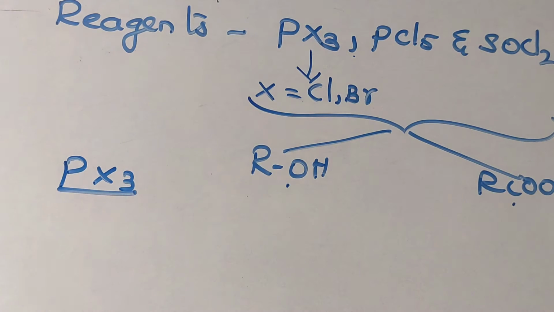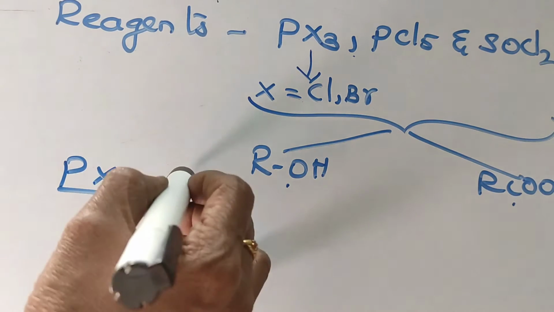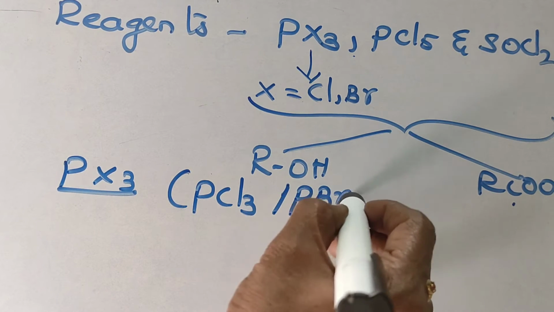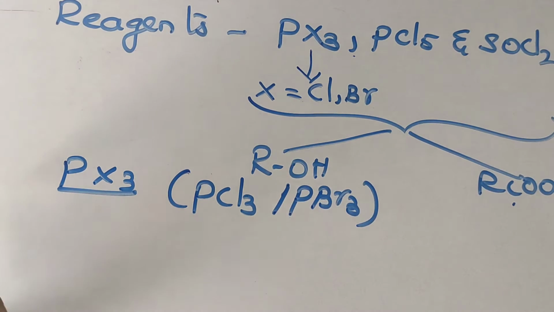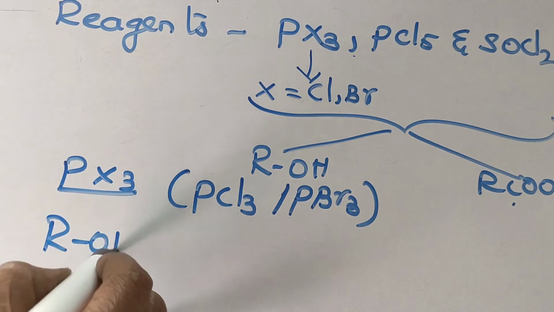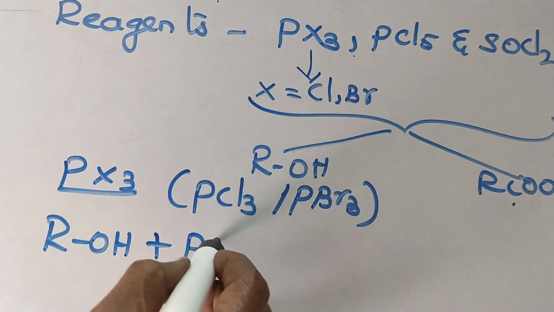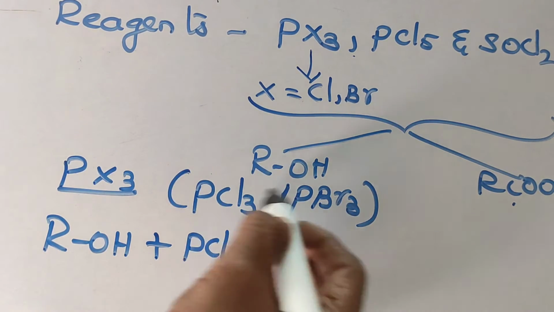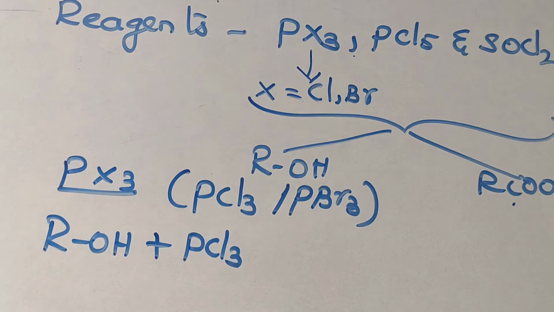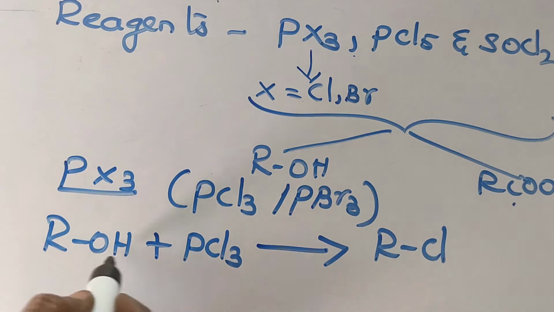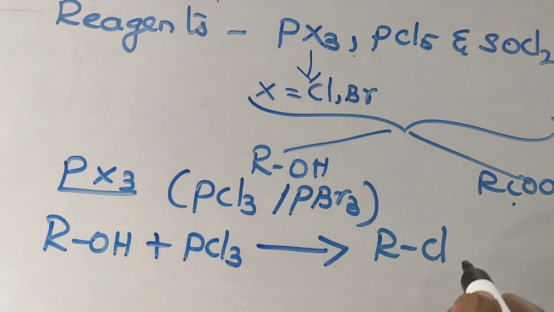First, let us take PX3. That is, it may be PCl3 or PBr3. First one, ROH, the alcohol. ROH plus PCl3 we will take. Any one, but we will take PCl3 here. It will be producing RCl. Alcohol with PCl3 will produce haloalkane plus